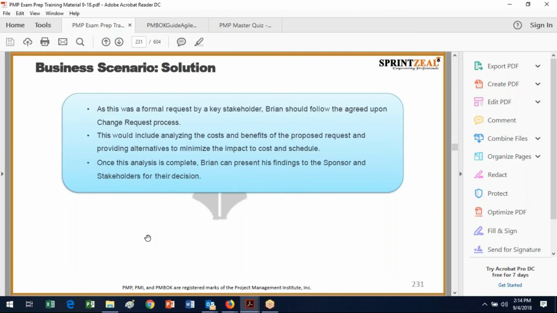So not only is it going to change the scope, but a change request will have to be put through. That includes the financial, what's involved. He's going to have to break it down into time frame, to cost, the who's,